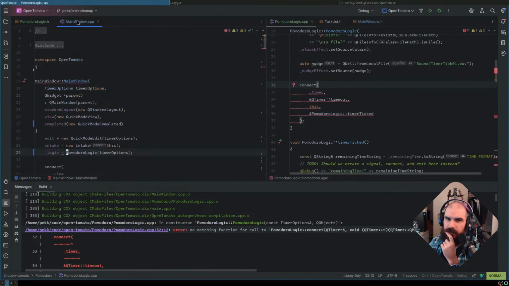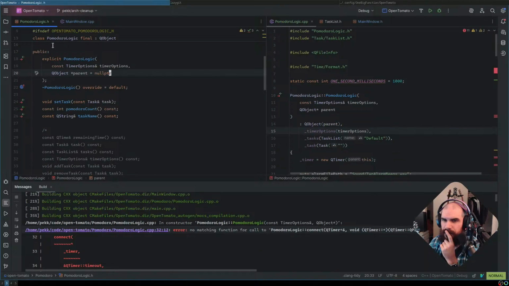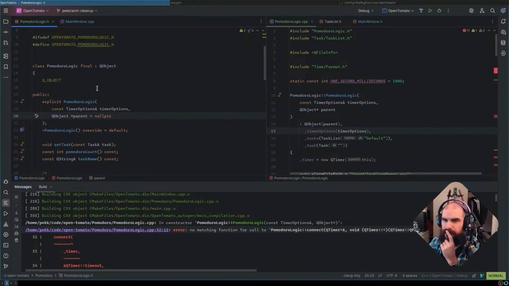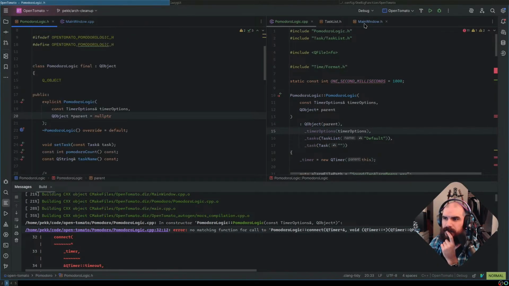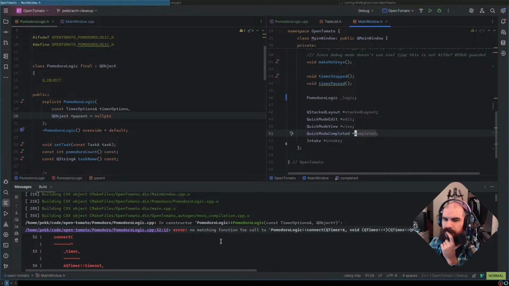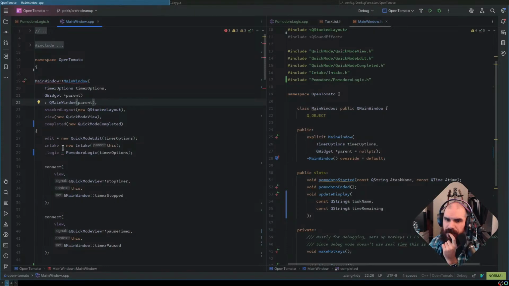Alright, so let's look at mainwindow.cpp. QMainWindow parent. Yeah, it comes right there. And here we have QObject parent right there. Plain as day. Oh, but hold on. Let me go back here where I create logic.